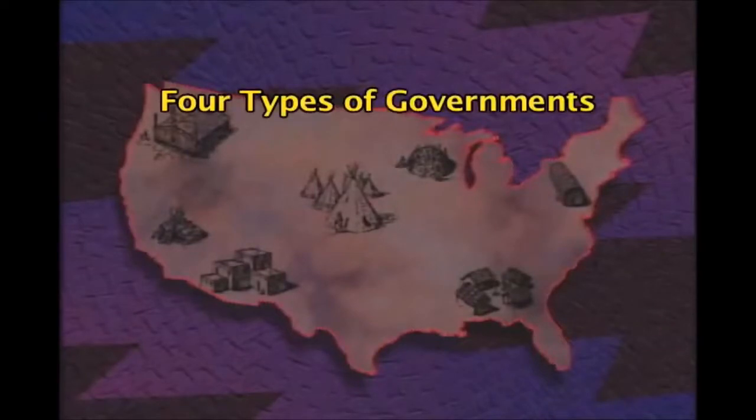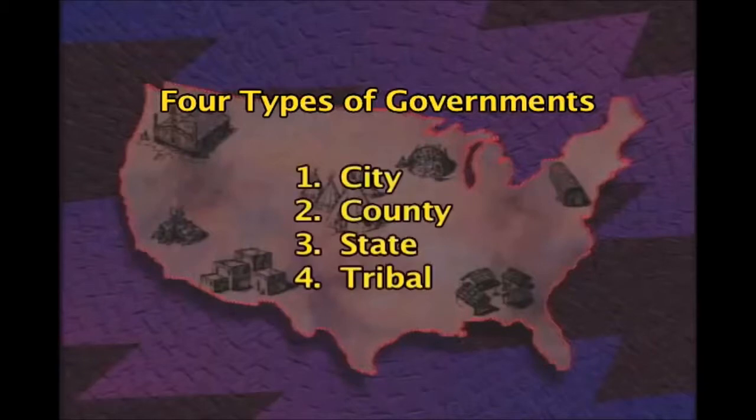As a matter of fact, tribal governments are one of the 4 types of federally recognized governments in the United States. These are city governments, county governments, state governments, and tribal governments. Legitimate governments rule on the basis of their sovereignty. So what is sovereignty, and how does this concept relate to tribes? Sovereignty is the internationally recognized power of a nation to govern itself. And Indian tribes existed as sovereign governments long before Europeans settled here.